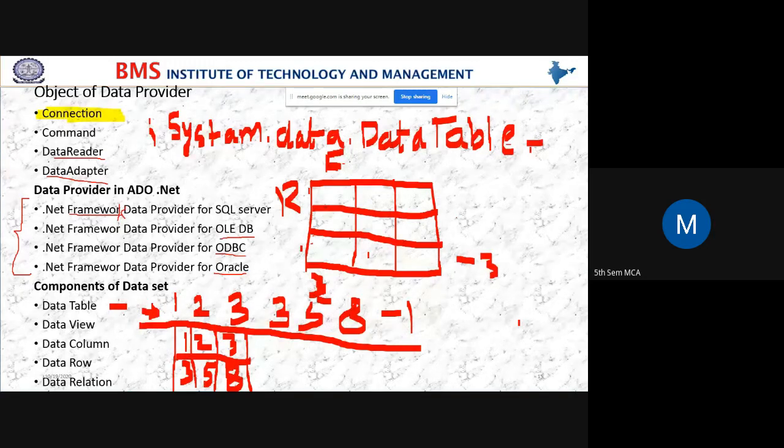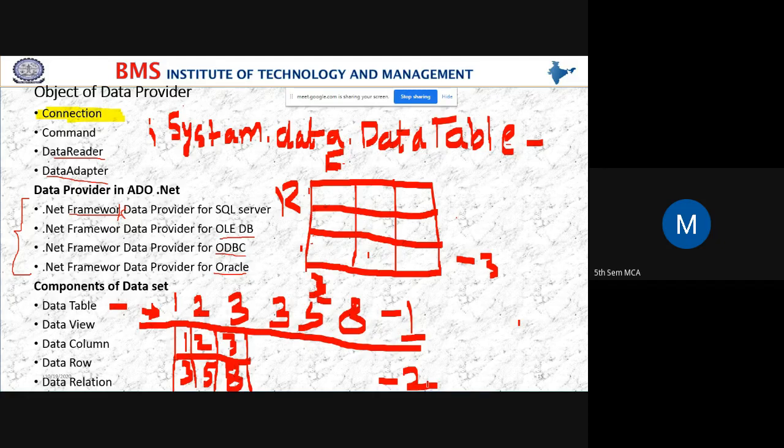You can say a given data set is in the form of a table when it has rows and columns. See here, this is one way of inserting data and this is the other way of inserting data.